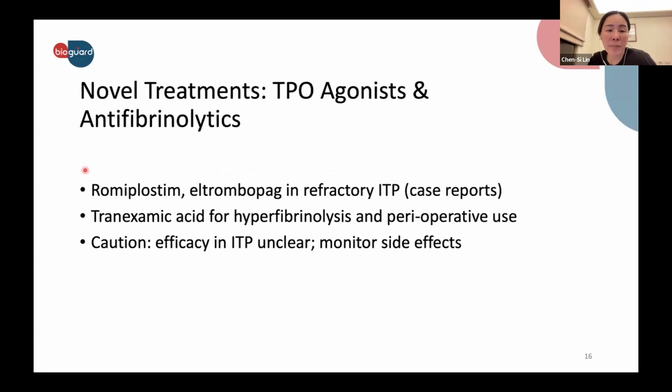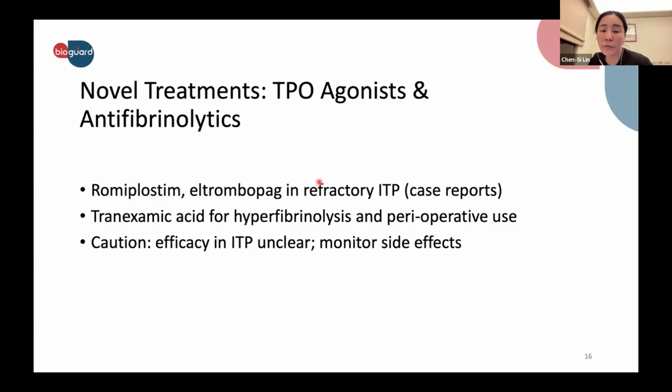Right now there are some novel treatments involving TPO, the thrombopoietin receptor agonists, as well as antifibrinolytics. For the TPO receptor agonists, there are romiplostim and